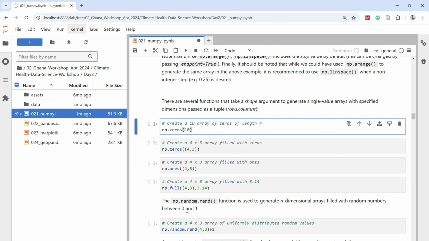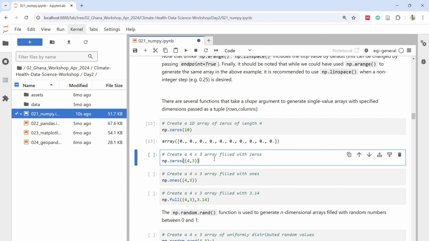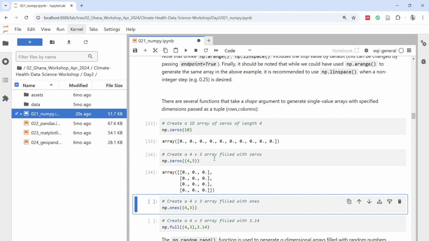And additionally, there are some really useful NumPy functions for creating arrays with specific values. So first, we've got np.zeros, and this is quite straightforward. It just creates an array full of zeros. So if we put np.zeros(10), this will just give us a one-dimensional array of 10 zeros. And if we pass a tuple like (4, 3), this will create a 4 by 3 array filled